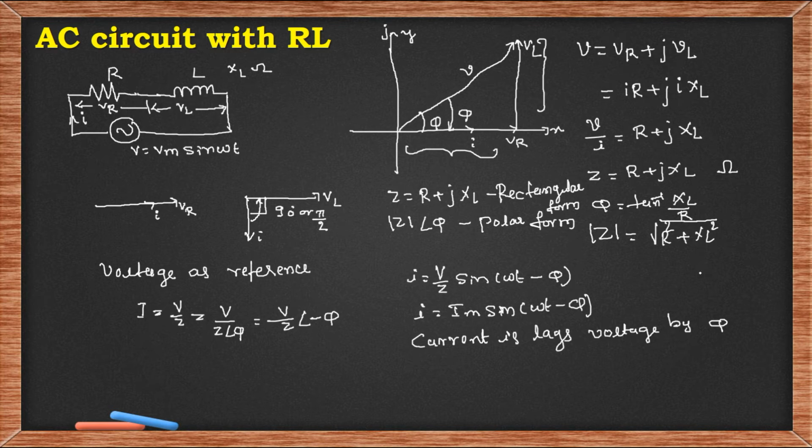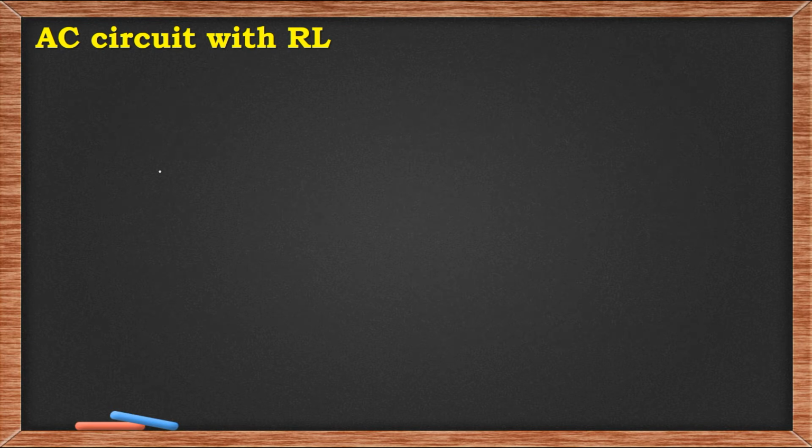This is all about the phasor relation between voltage and current in the case of a pure resistor and inductor circuit. Now we'll calculate the average power